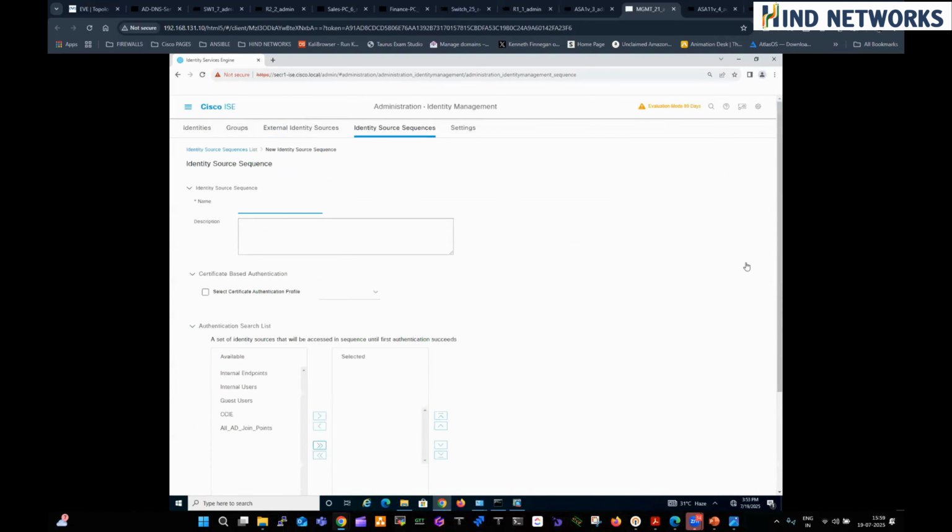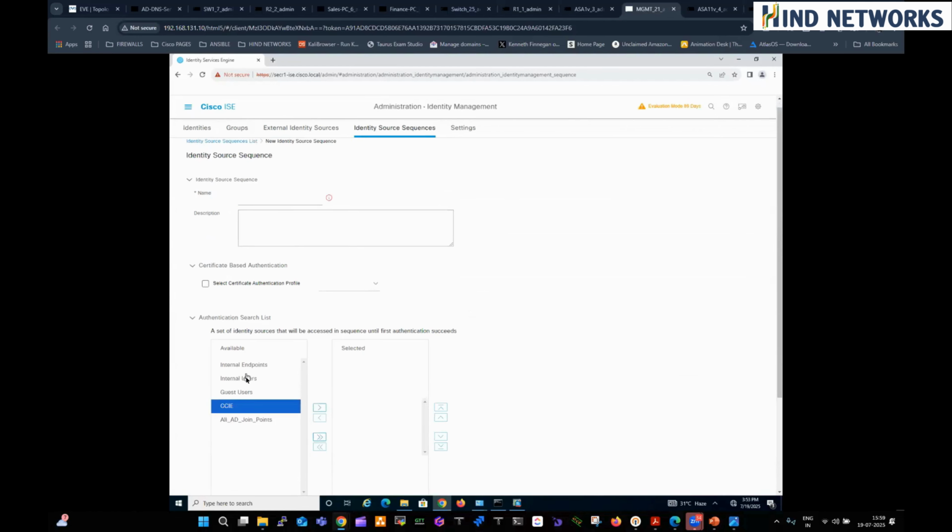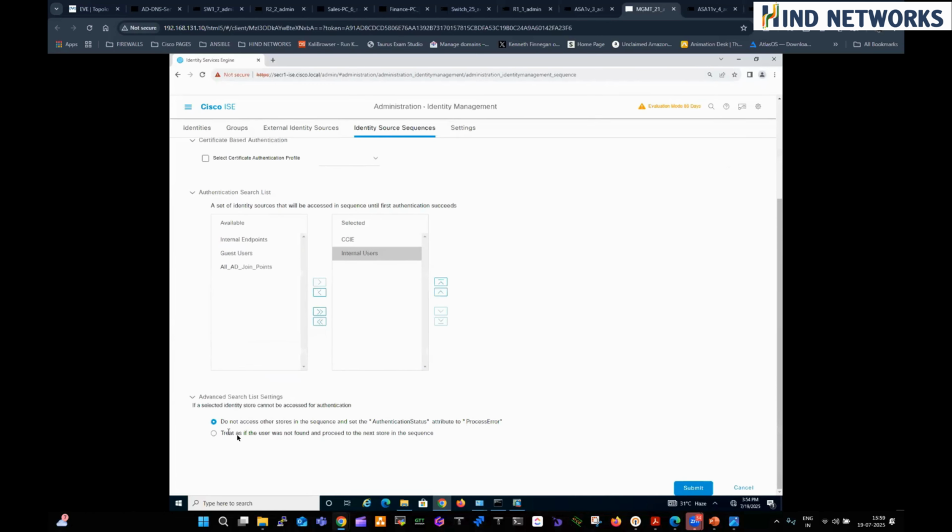And then we're going to add my CCIE as well as the internal users. Sorry, I have to select control rather than using a guess one. Let's go ahead and select one at a time. Okay, both are selected. I need my internal users to be second rather than the CCIE. And then basically, treat as if the user was not found and proceed to the next